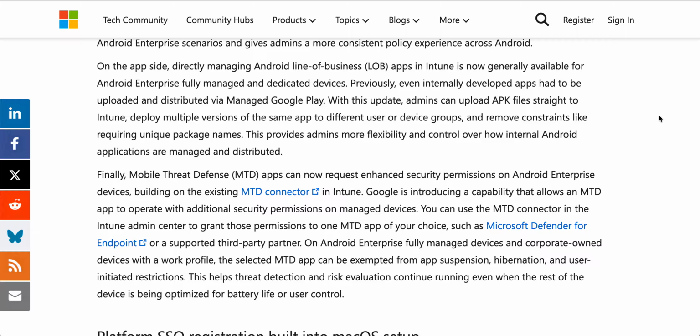On the app side, instead of directly managing Android line of business applications in Intune, it is now generally available on Android Enterprise fully managed and dedicated devices. Previously, any internal APK application had to be uploaded and distributed through the Google Managed Play Store, of course. If you remember, when Android Enterprise was available at that time,